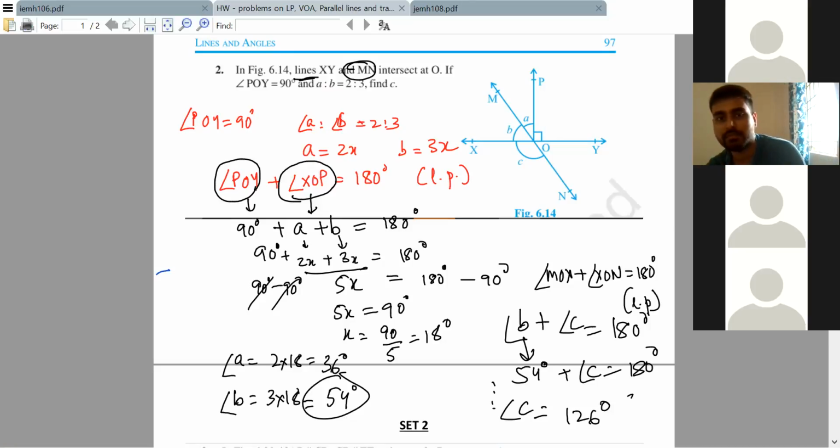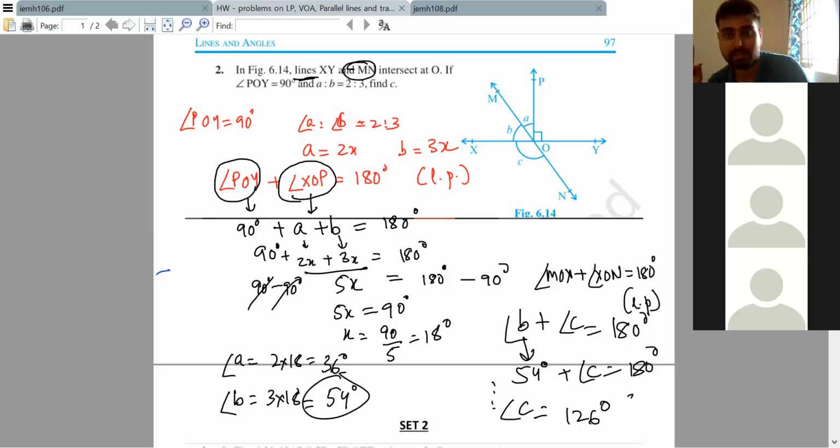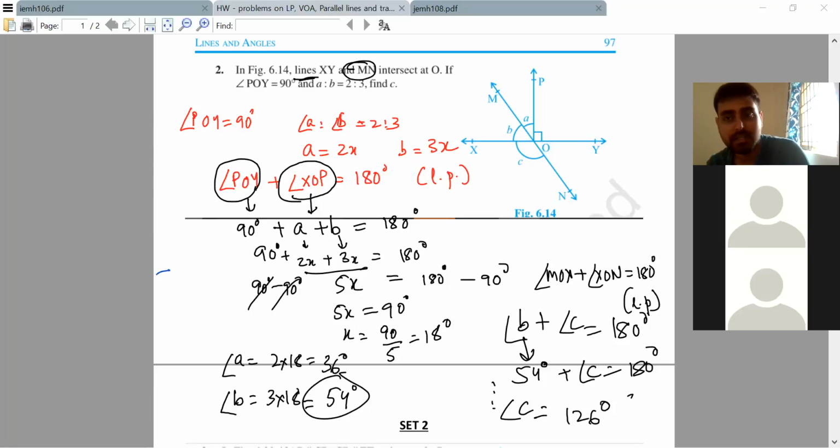Just hold on, guys. I'm going to give you 1 minute. If Chandan and Shiva need things copied down, take 1 minute. Manoj, quickly tell me your other way. Sir, we can use vertically opposite angles to find YON, then do linear pair also. Yes, fine, same thing as the previous question.